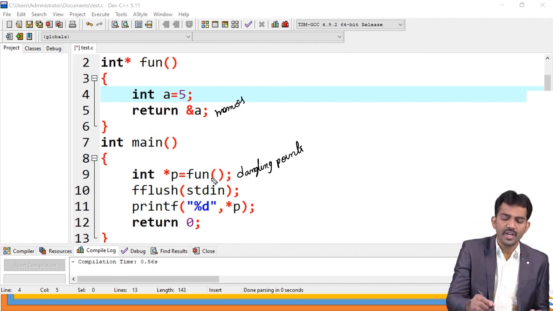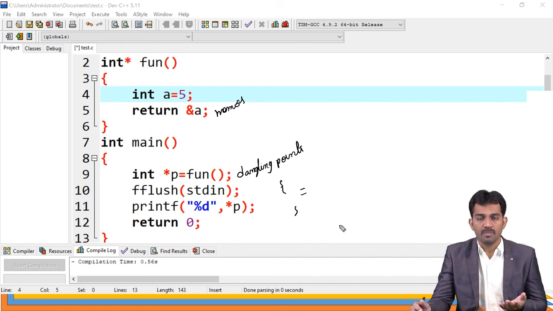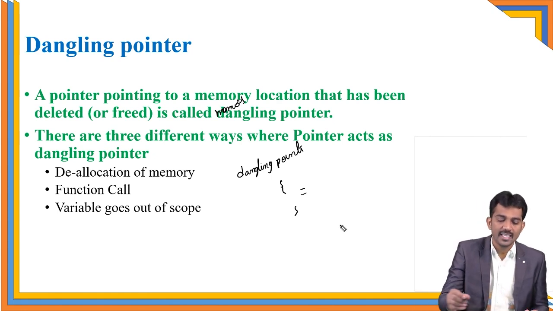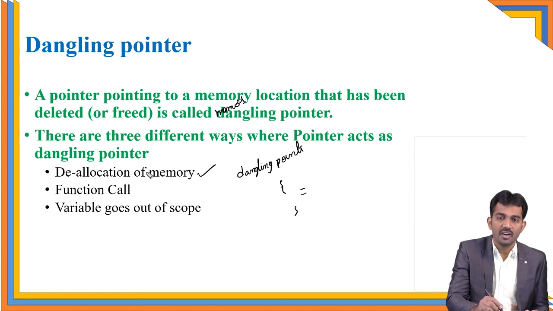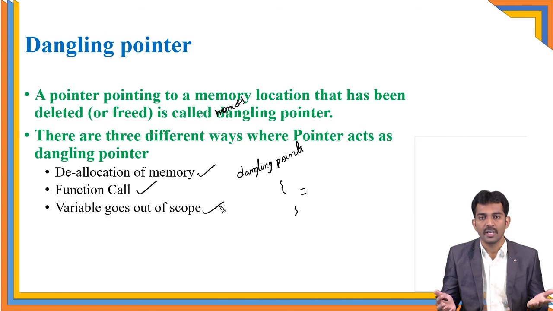And out of scope means if you create a variable, but in the bracket you assign some next variable, then this is called out of scope. Means the scope is over. Then that kind of pointer, that kind of data is called a dangling pointer. Scope-based variables. Those are the three kinds of dangling pointers. Is this clear? So the first one is deallocation of memory using free, then function call. You have seen variable going out of scope, means the scope is ended, local scope only. Then that kind of variables also come under dangling pointers.